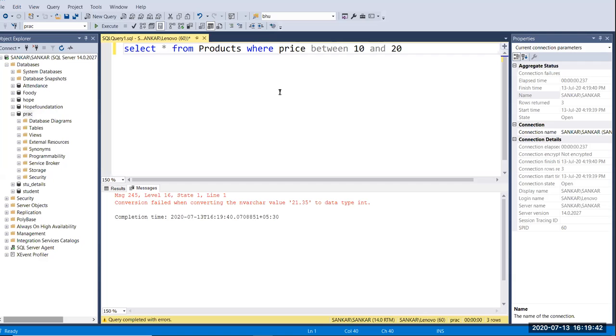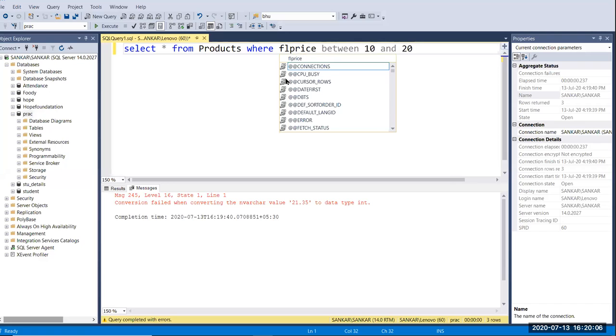Here I have to change the data type, because we have a value like 21.35 and you can't convert 21.35 into the int data type. So here I'm going to convert price.